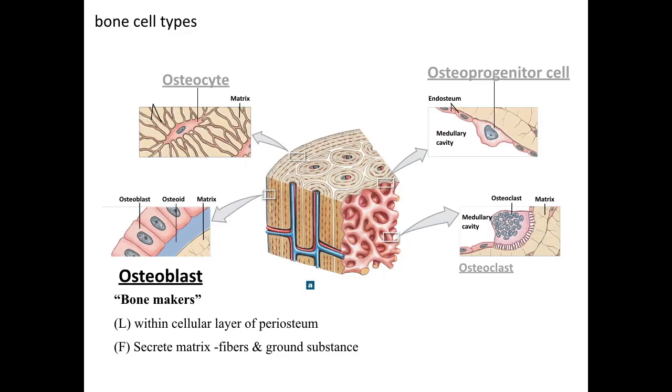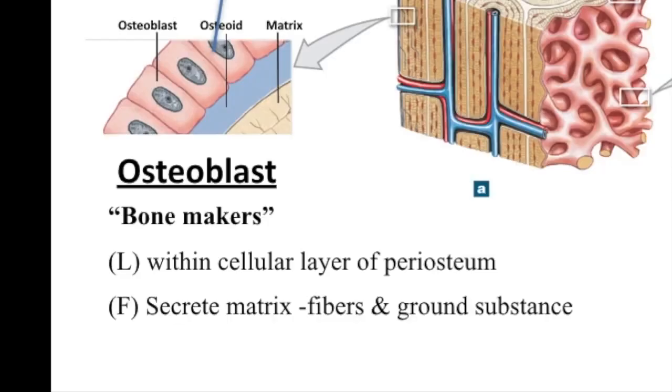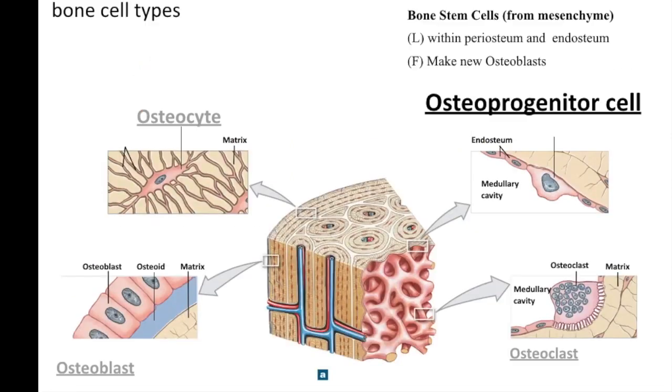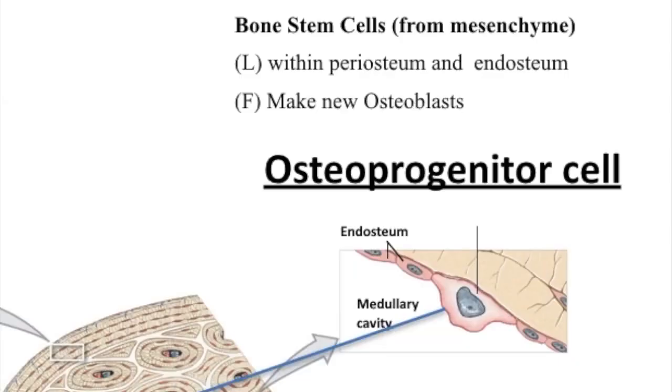Before maturing to an osteocyte, the cell is an osteoblast, and these are the cells within the periosteum or within the endosteum, which is the lining covering the spongy bone structures, which we'll get to in a moment. You could think of these as bone makers, which make new matrix, that is the ground substance which provides a framework for the mineralized components and the collagen fibers. And before these were osteoblasts, the cells were osteoprogenitor cells, also residing within the periosteum and endosteum. Their job is to make new